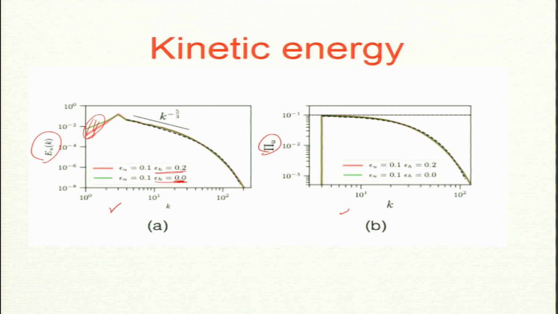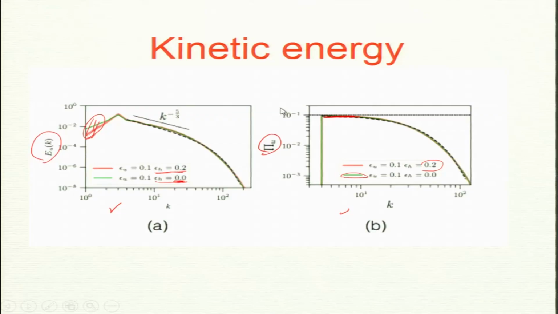What about kinetic energy flux? It is constant in the inertial region, then it decreases, but again it is unchanged for both runs. Red is helical and green is non-helical. It is a very clear demonstration of the theory, which said that helicity does not change the kinetic energy spectrum and flux, in the inertial range at least. There is some change here, but in the inertial range it is unchanged. I hope you are convinced, it's a good simulation. There are not many such simulations done. What about helicity? We expect 5/3 with some corrections in the dissipation range.